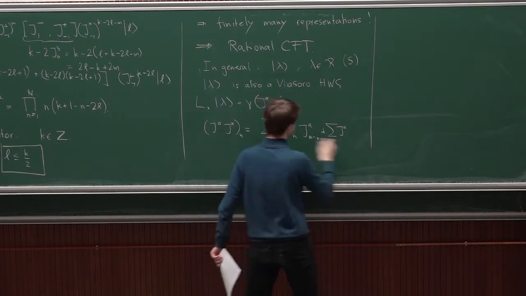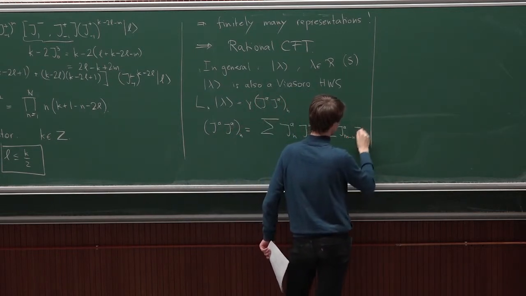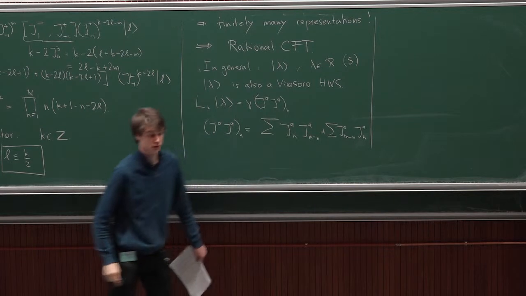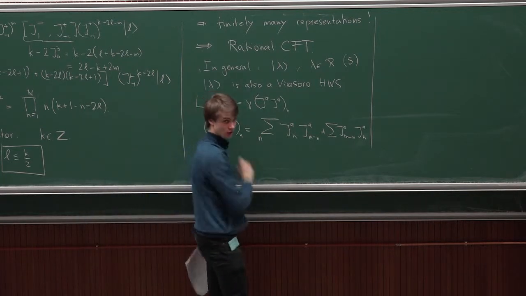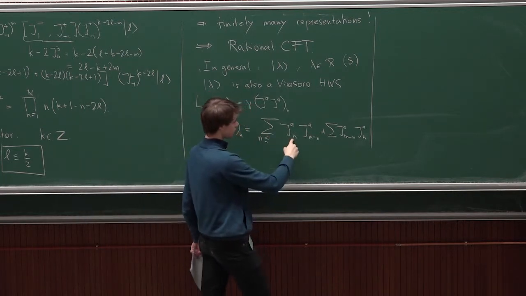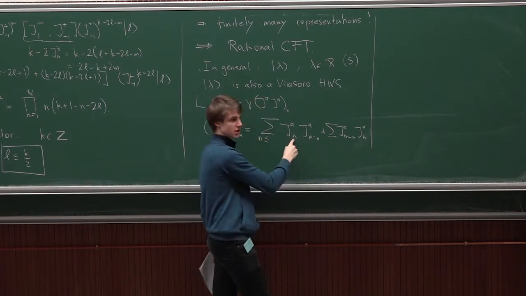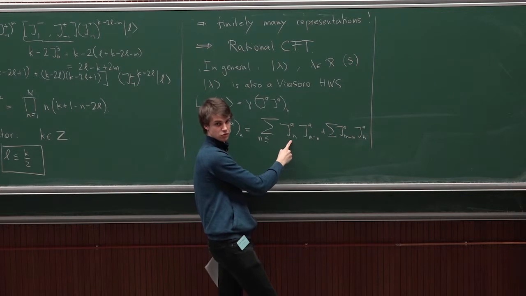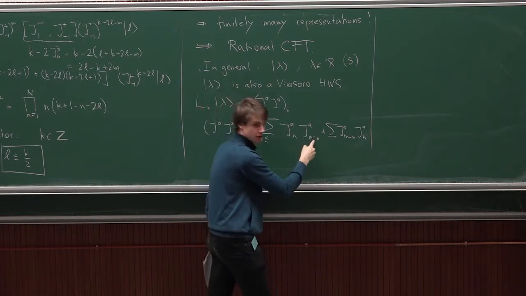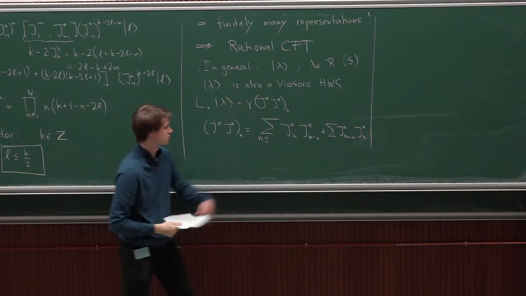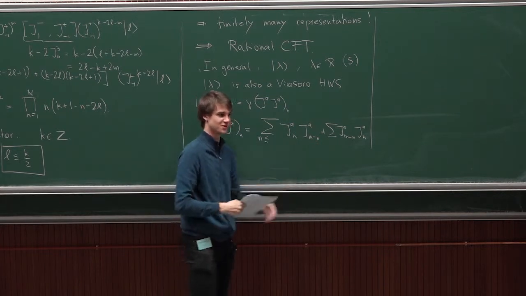So I could also put AB here, so they don't have to. So I have those sums, and now I have to tell you from where to where they run. And here I want to put the annihilation operators to the right. So I want the n index here to be negative, to be a creation operator, and this to be an annihilation operator, meaning that the mode number here should be more positive than this one.